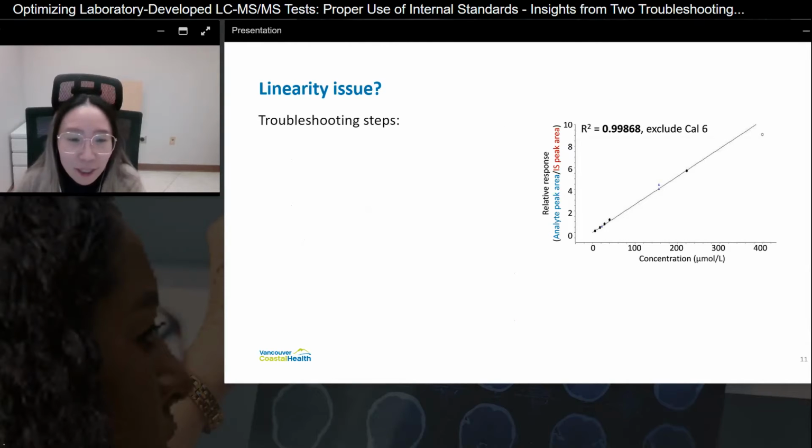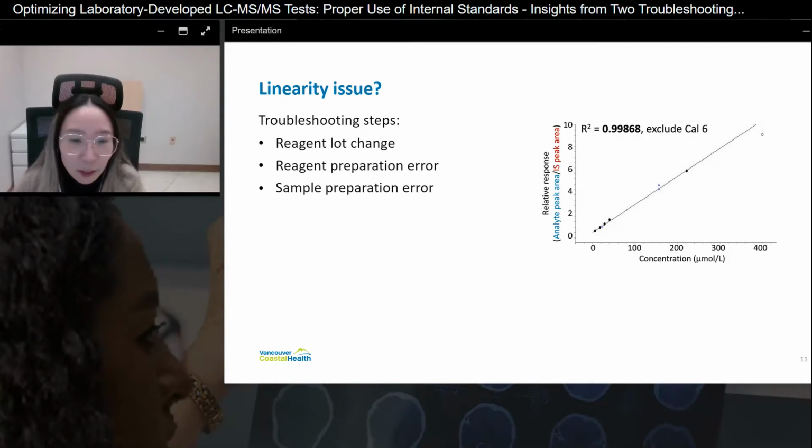At this point, we started the troubleshooting process. I am just going to show how we approached this issue, and there could be a lot of other ways for troubleshooting in this case. You could maybe pause for a few seconds to think about what troubleshooting steps you would take in a case like this. So for us,